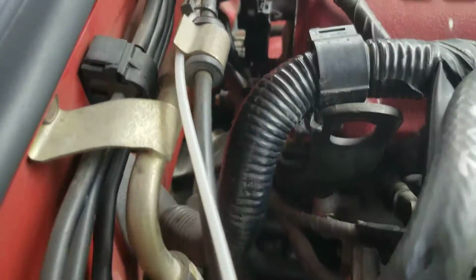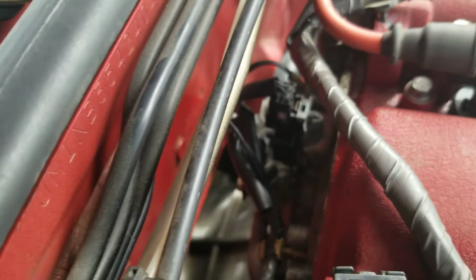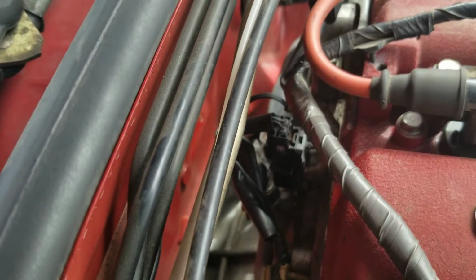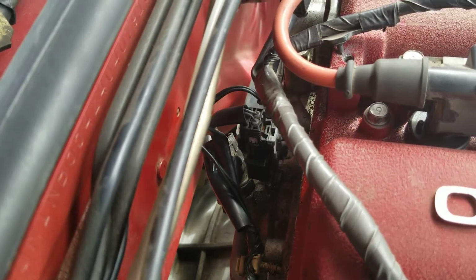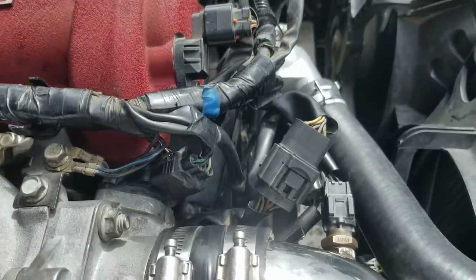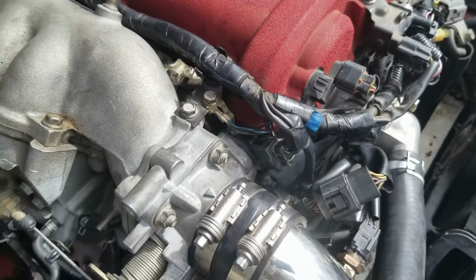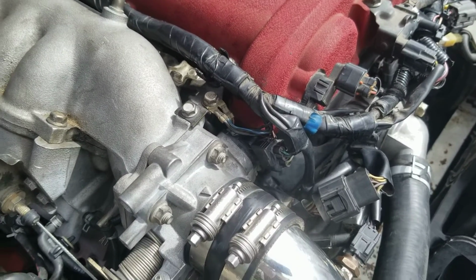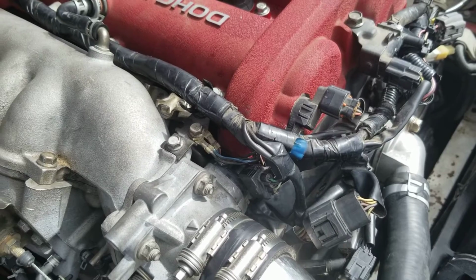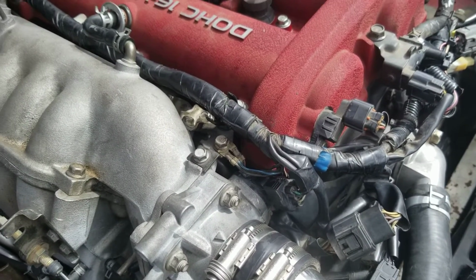And then on the back here, I think it's a 14mm or 12mm bolt. That's the ground for the fuel, and then there's a couple connectors there that go to the fuel rail, so you disconnect those 2. There's a couple connectors here that go to the fuel rail too. The fuel disconnect's a little tricky. They use that yellow thing to undo it, but it has got to be just right so it clicks into place. So pay attention, take a picture when you take that off to know what the orientation is,